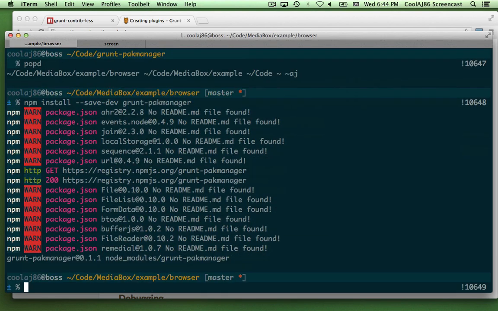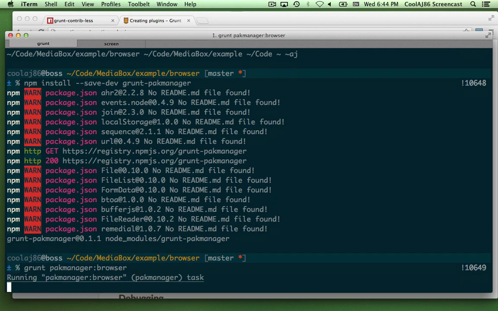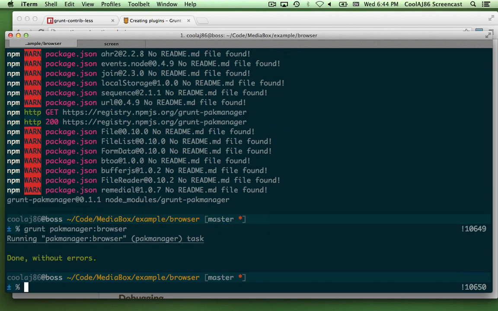Okay, and try to run this again. Boom, it works. Okay, so that is the complete flow of Grunt, from taking a project that you have existing,